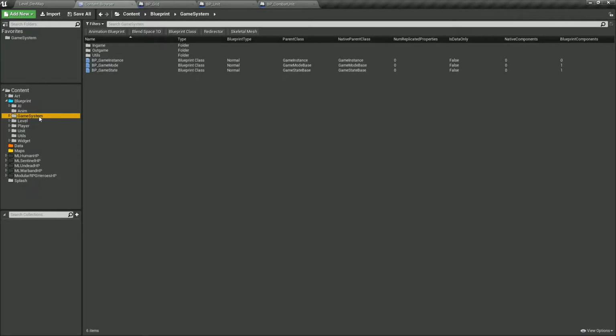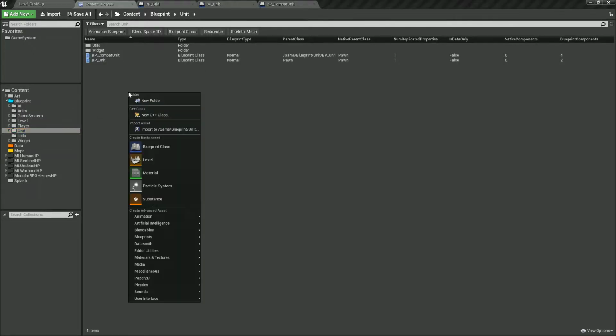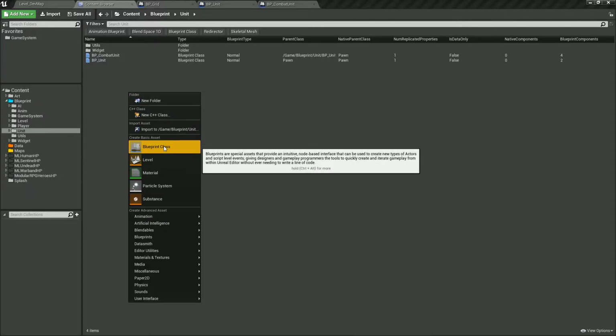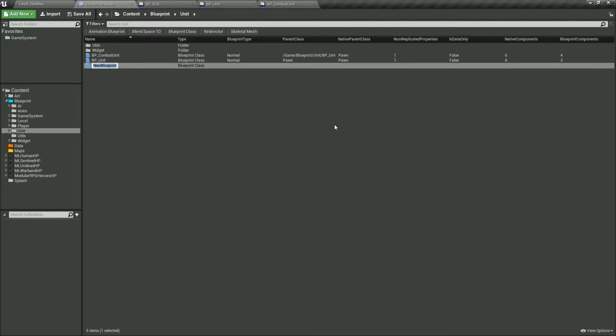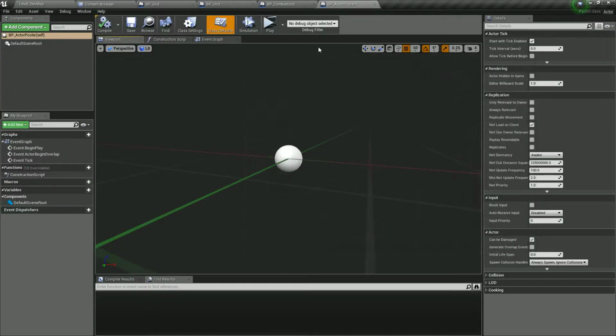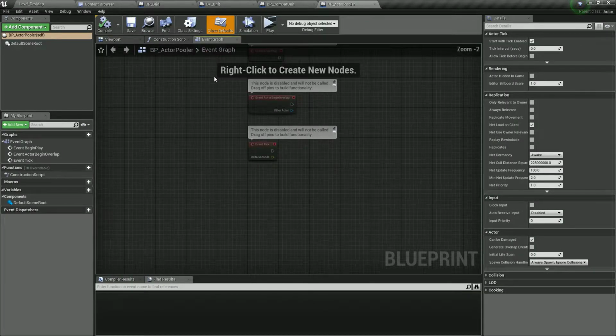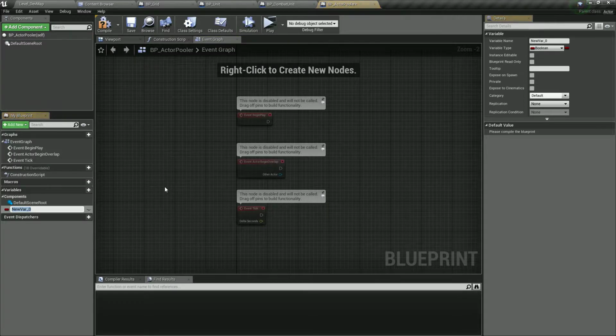Let's go to our game system, no BB unit folder. Let's create a new blueprint class which is going to be an actor, and this is going to be called BB actor pooler. Let's open that up and let's create a new variable called